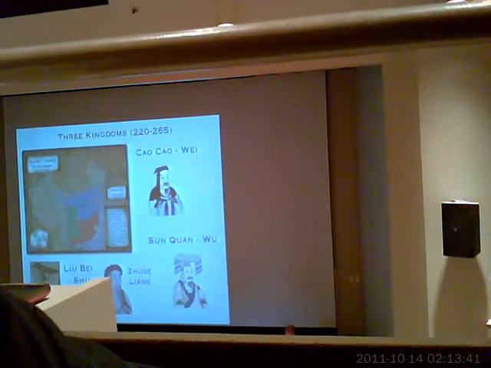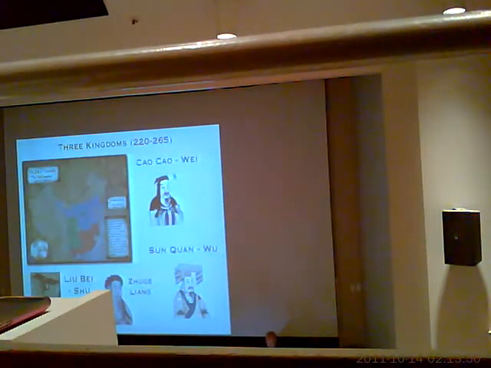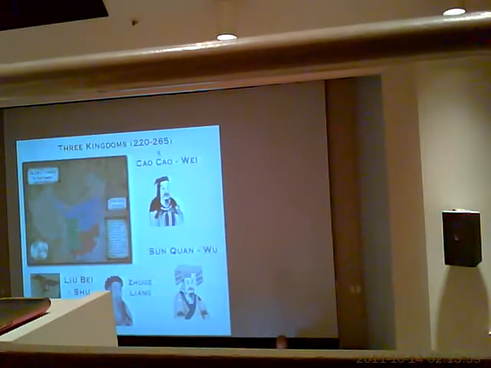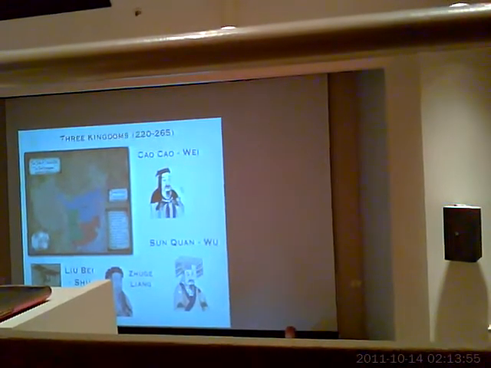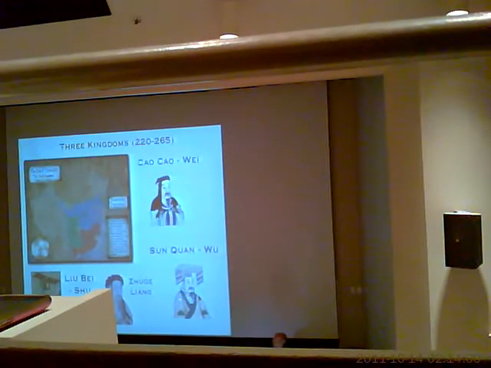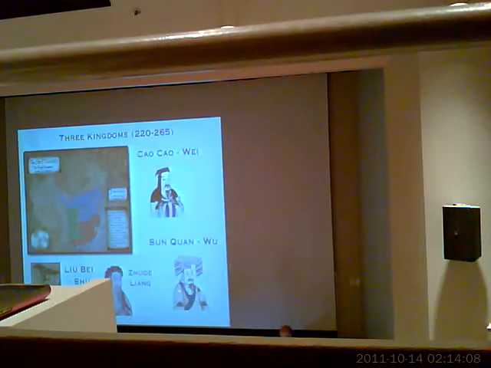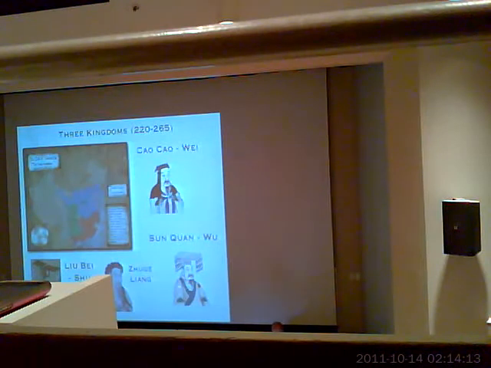And the major warlord in the north was a man named Cao Cao, who lived from 155 to 220. So he actually dies right at the beginning of the Three Kingdoms period. Interestingly enough, his father was the adopted son of a eunuch at the Han Dynasty court. So he kind of came from a eunuch family, although it happened through adoption for obvious reasons. The eunuchs can't have their own children. So he kind of came out of that alternate group of power, and he gained control over the last emperor of the Han Dynasty. Ostensibly, he was protecting him from rebel forces, but really was establishing his own power base in the north of China.